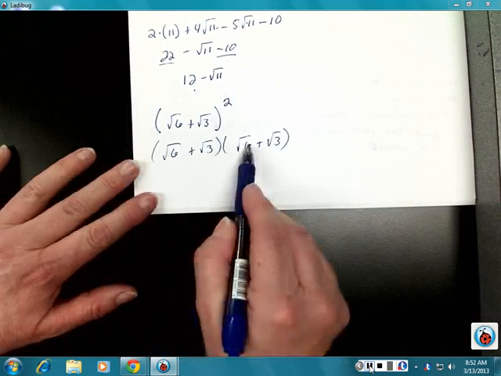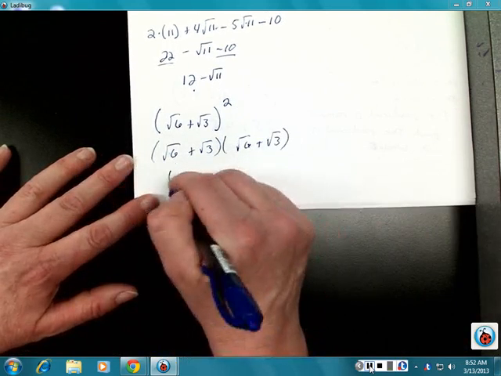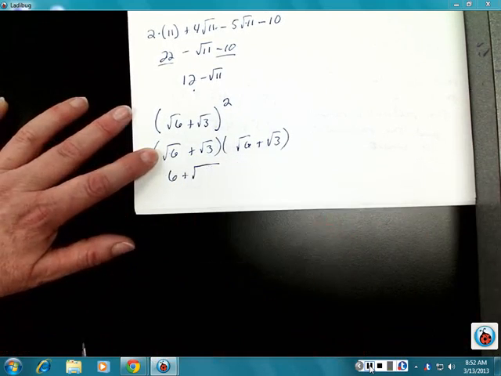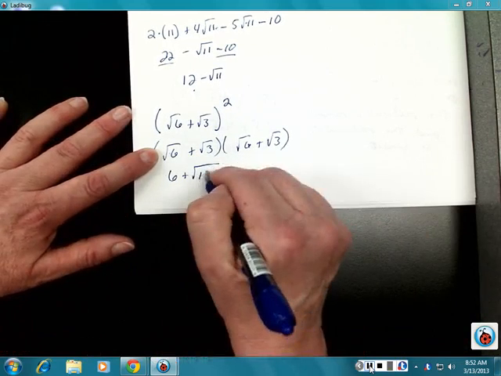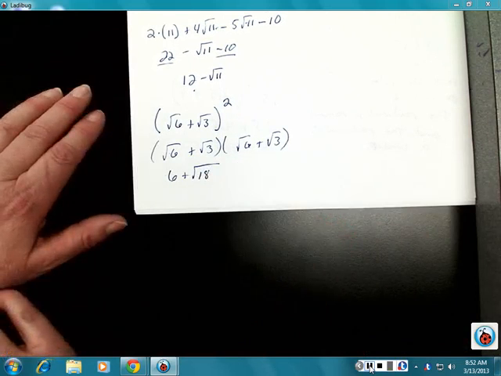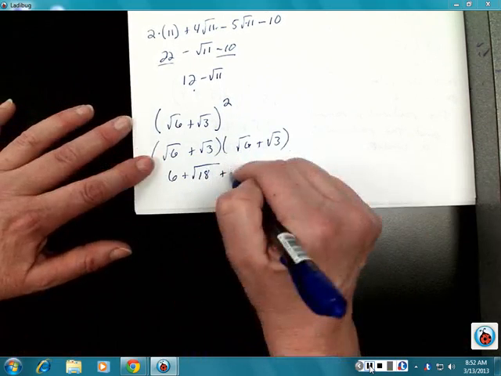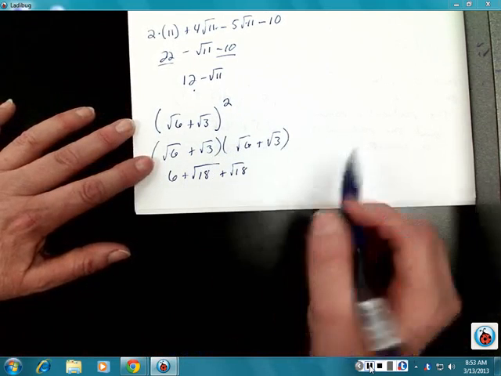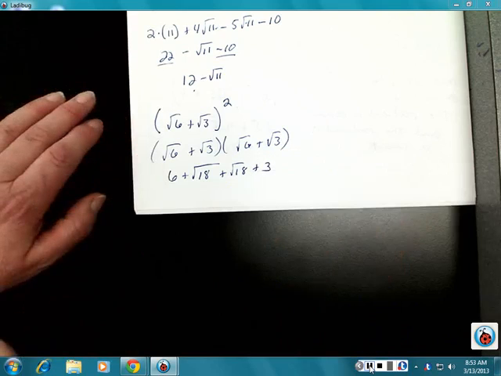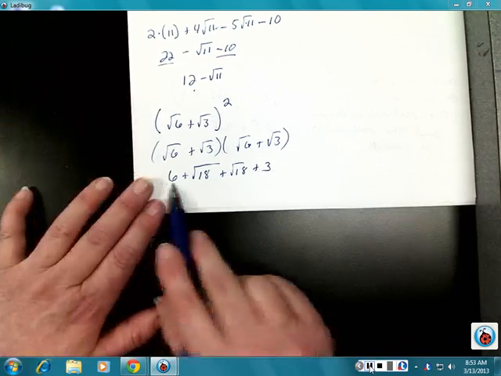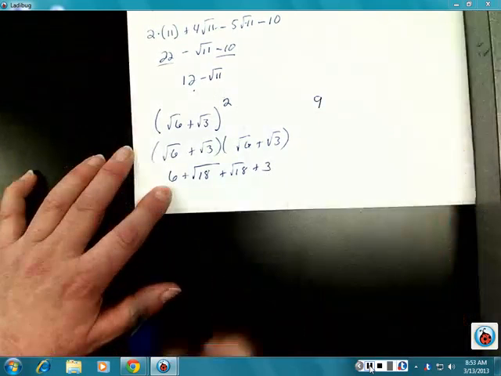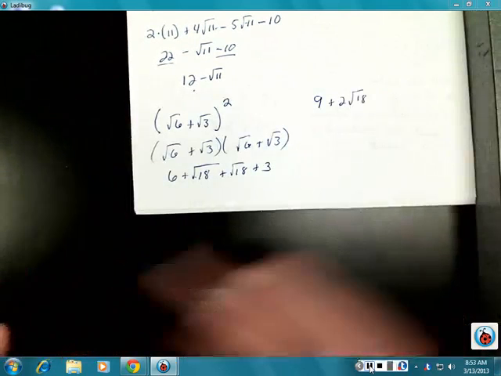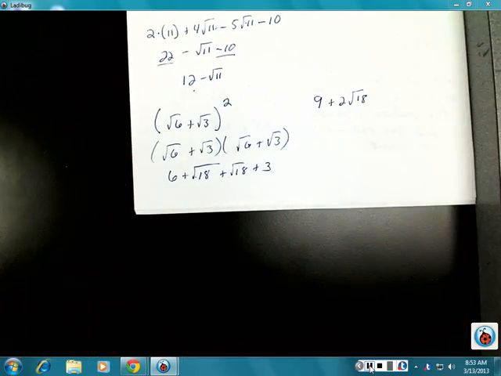So square root of 6 times square root of 6 is 6. Square root of 6 times square root of 3 is the square root of 18. We all agree? Square root of 3 times square root of 6 is another square root of 18. And then last of all, square root of 3 times square root of 3 is a good old plus 3. And it looks like, well, all I got to do is put 6 and 3 together and I get 9. One of these and one of those gives me 2 to the square root of 18. Okay? But if I type that into Hawks,